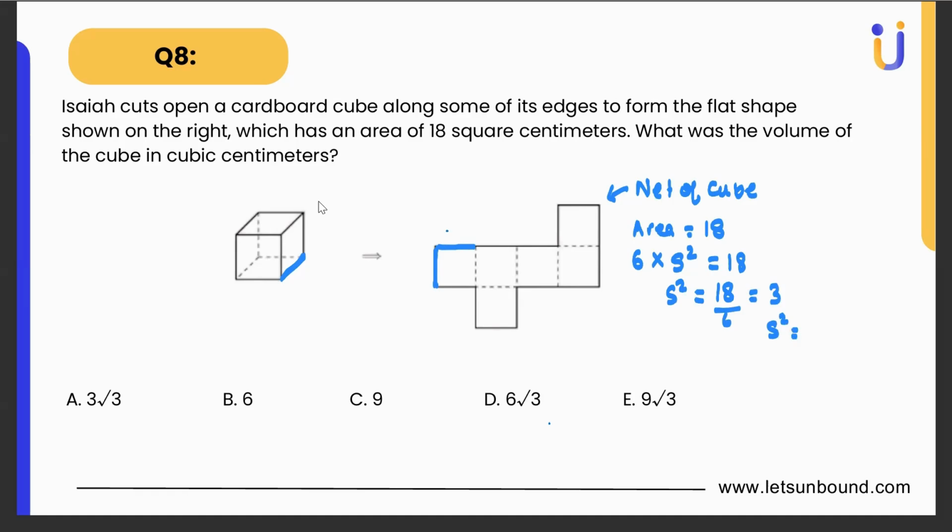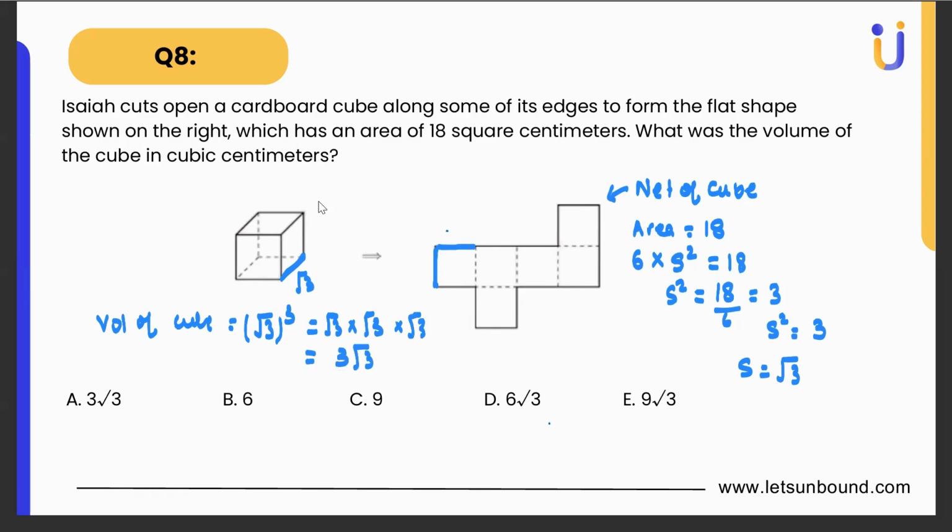So the value of one of the sides is root 3. Now I have got my dimension of the cube as root 3. If I have to find out the volume of the cube in cubic centimeters, the volume of a cube formula is side cube. Since the side is root 3, I want to find out the cube of root 3. Cube of root 3 is multiplying root 3 thrice, which is root 3 into root 3 into root 3. Now root 3 into root 3 gives me 3, and I get my answer as 3 root 3, which is